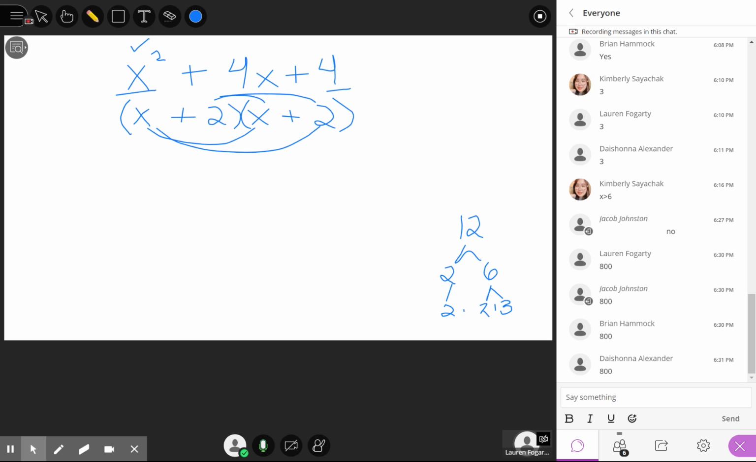Now the outer, x times 2 is 2x. Now the inner, 2 times x is 2x. Well, 2x plus 2x, what is that? It's 4x. So check, we got that part right. And then the last, 2 times 2 is 4. So check, we got everything right. If we had tried putting in a 1 and a 4 instead of 2 times 2,